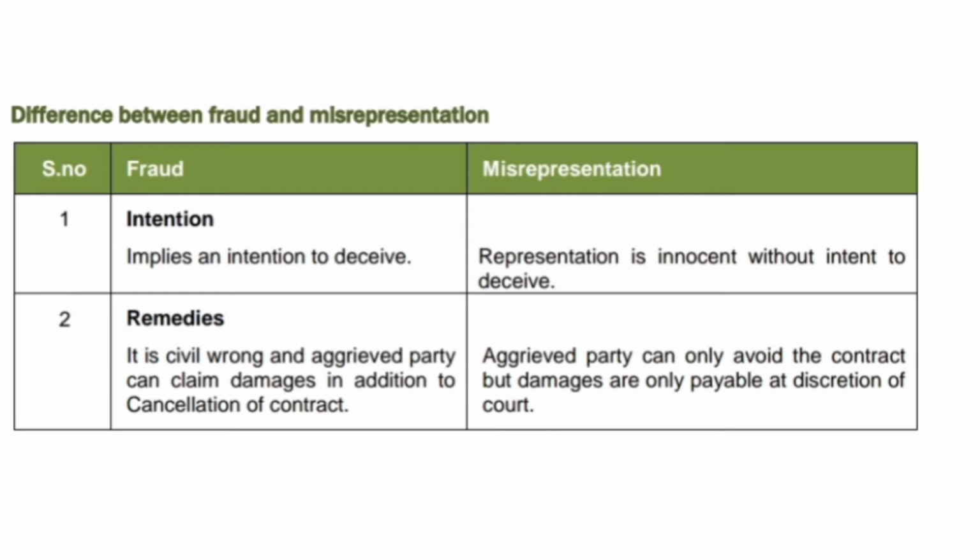So as per the Contract Act 1872, when the consent of a party, because remember this topic broadly comes under the topic of free consent, so here we're talking about whether or not the parties gave their consent freely. So when the consent of a party to the contract has been obtained either by fraud or by misrepresentation, then the result is the same, which is that the contract is voidable, not void. So in other words, the contractual remedy for both is the same, although there is a difference which we're going